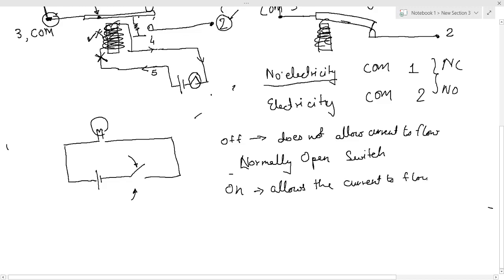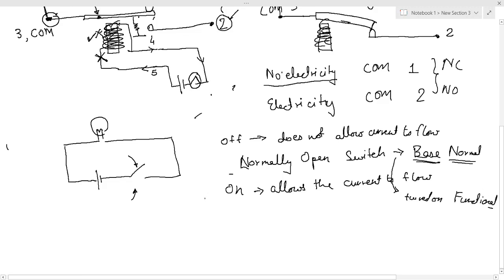So there are two positions of the switch. The first position of the switch is its base position, which is the position when it is not turned on. Then there is another position when the switch itself is turned on, right? So the base position of the switch is known as its normal position. When the switch is in off condition, when we are not pushing the switch, that is known as its normal condition. And when we are pushing the switch, let us say it is a push button or a switch, when we have pushed the switch, it is in its functional state.